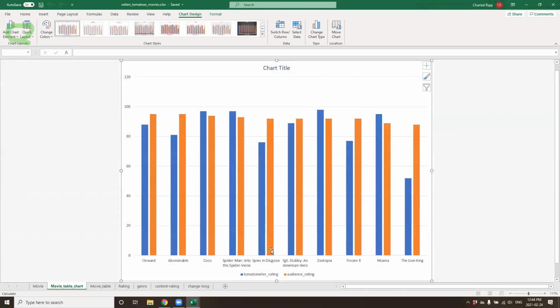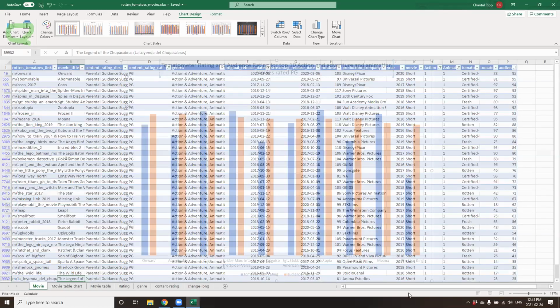Now here, it's a little bit easier to not only view your table, but then to modify the metadata information. So let's give it an appropriate title: tomatometer rating and audience rating for top... how many do we have? 10. Adventure and animation movies rated, I believe these were all rated PG, just as an example. Now I can compare the top 10 in a more visually displayed format, movies that I could probably pre-identify to watch this evening. We did not have enough time to get into all of these.